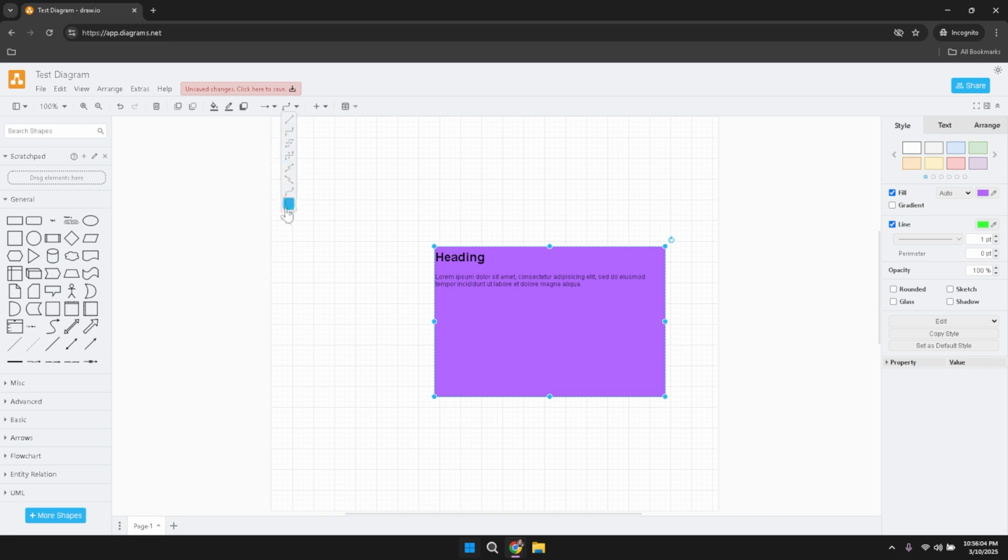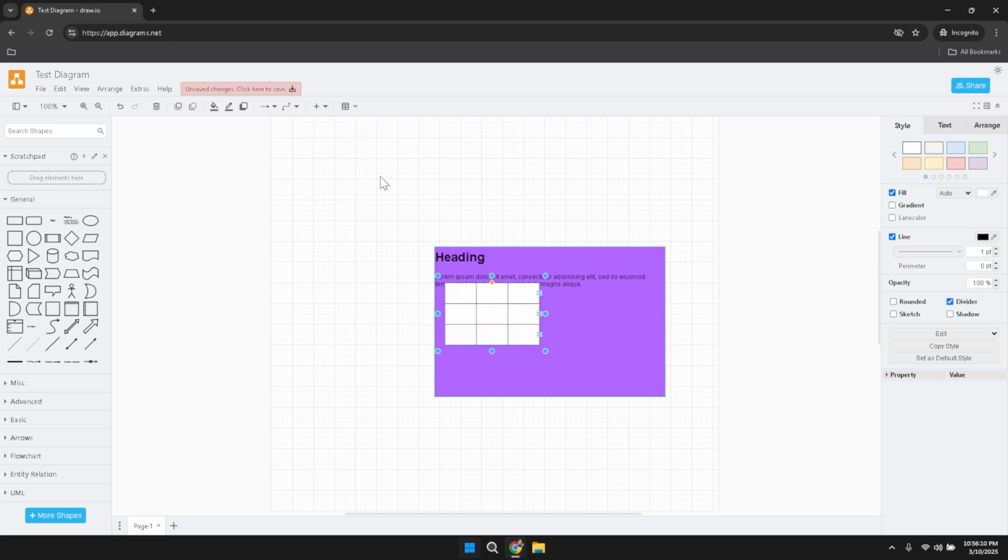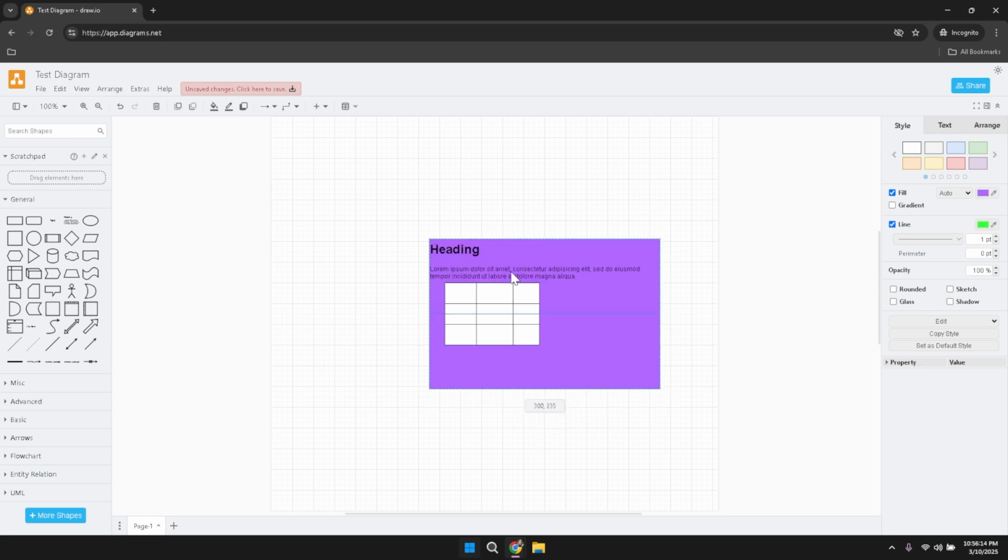represent your ideas. Creating tables within your diagram is made simple with the Insert Table option. Tables are particularly useful for organizing data in a structured format, allowing you to present information clearly and concisely. Whether you're mapping out project timelines, organizing network nodes, or listing resources, tables provide a straightforward way to incorporate detailed